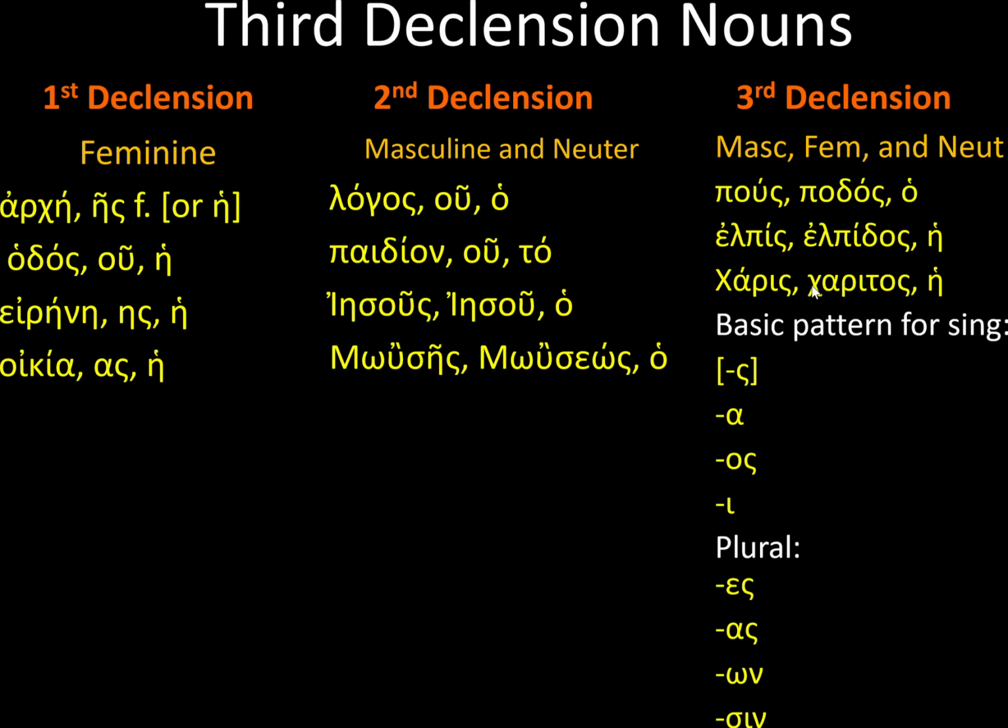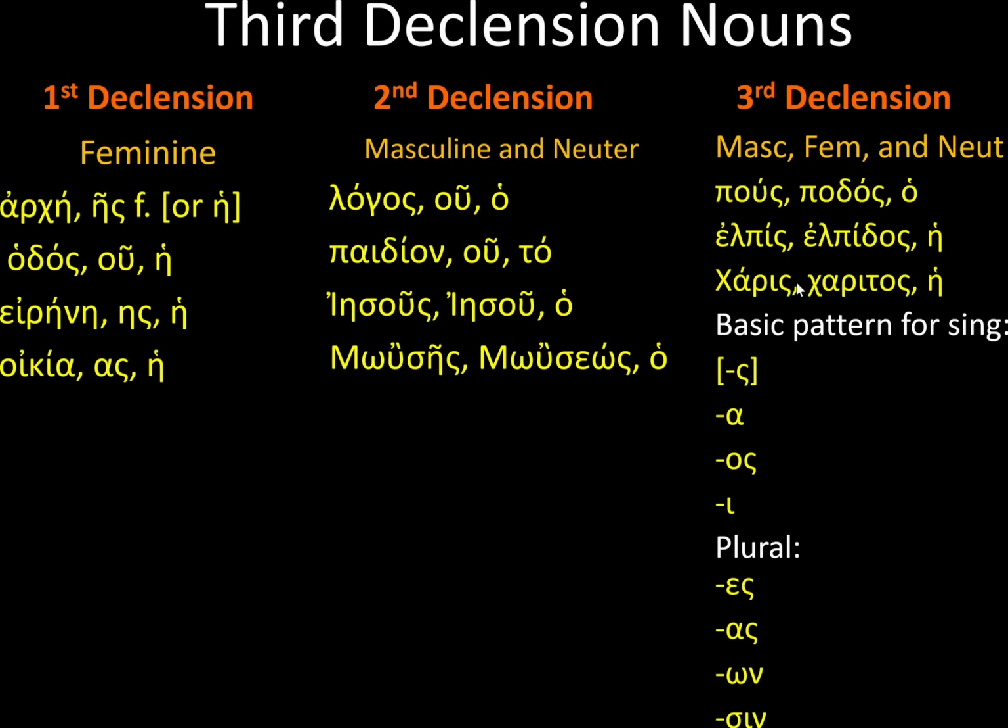We notice that this word for foot, pous, is masculine, ho, but the genitive is podos. And in the vocabulary, we will now always give the nominative and the genitive singular, pous, podos, and the article ho. And this will also give us a second thing that is important that we need, and that is the